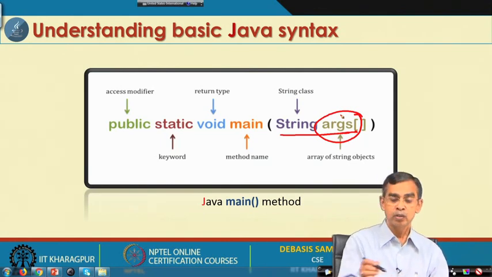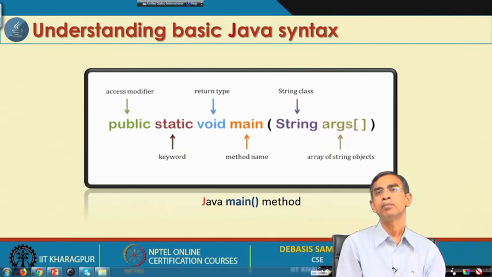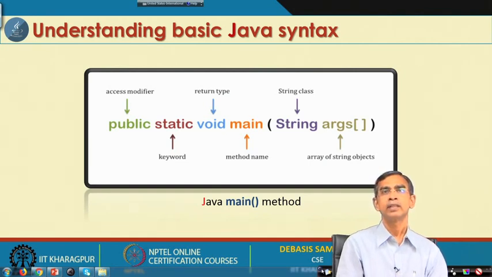This is why the string is declared as the argument. It basically indicates an array of string objects. So, these are the few things we have already used without knowing the reason for them, but this is the basic syntax of the Java main method.